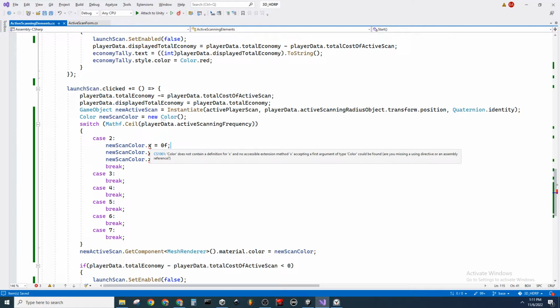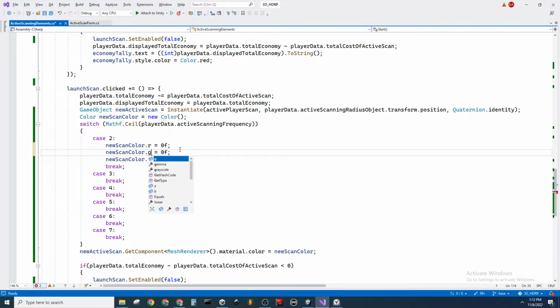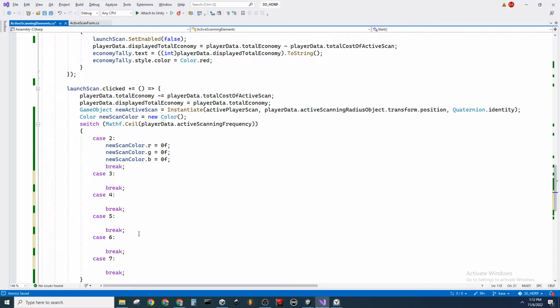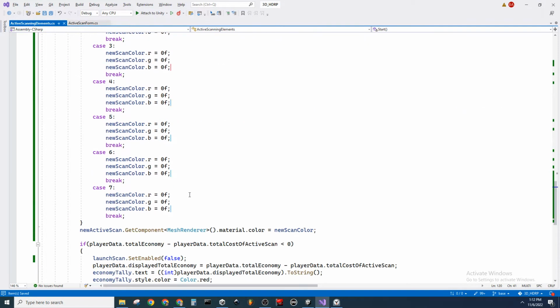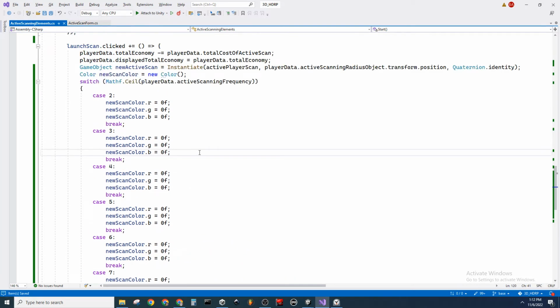Oh, color doesn't... Okay, so instead of XYZ, it actually has to be the RGB values. So R, G, and B are now set to 0. So we can copy this, and we will paste this exact pattern into this, and we will manually set the sequence. So in this instance,